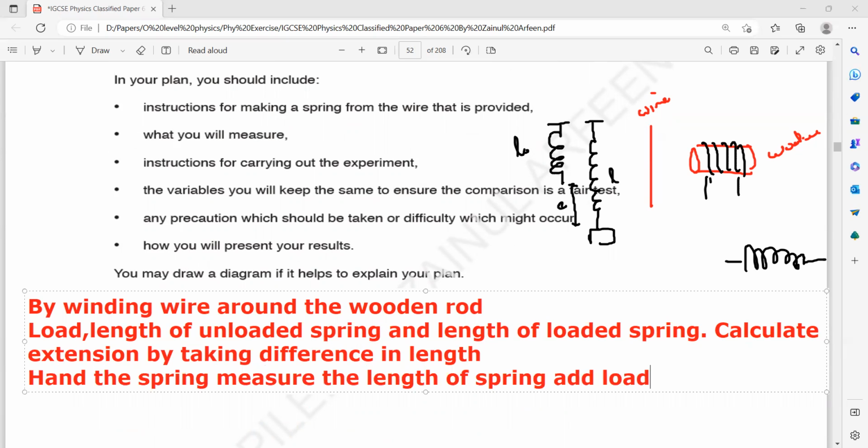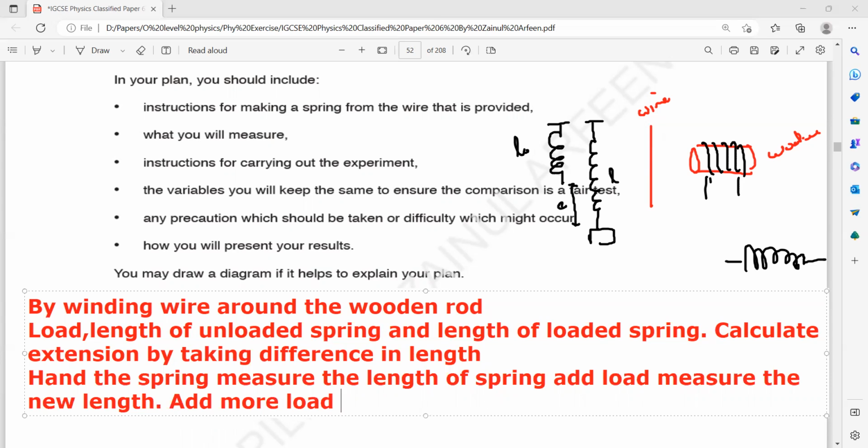Then we will add load and measure the new length. Then we will add more load and calculate the new length. Then repeat the experiment,